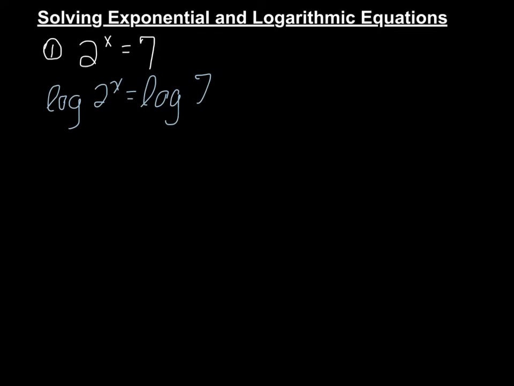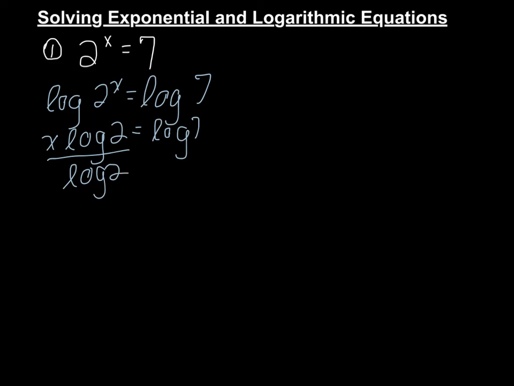We're going to drop this exponent down into the front using the power rule. So that's going to give us x times the log of 2 equals the log of 7. And then to get x by itself, we divide both sides by the log of 2. That leaves us with x being equal to the log of 7 divided by the log of 2, which you type into your calculator, and you round to whatever they're asking you